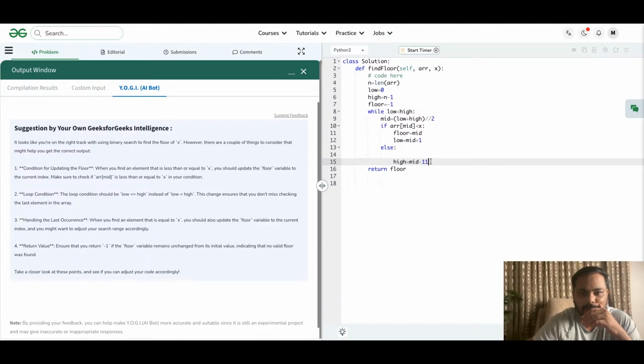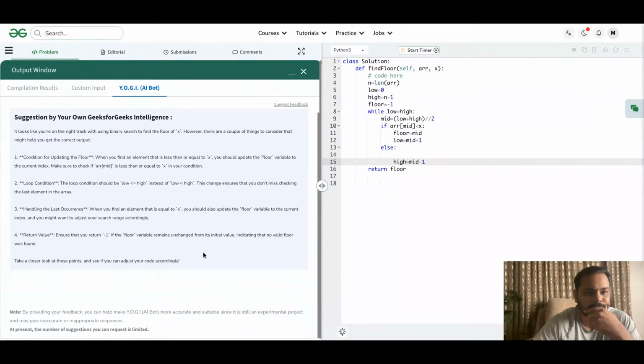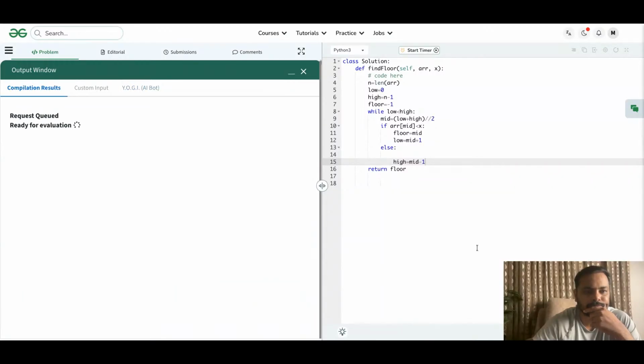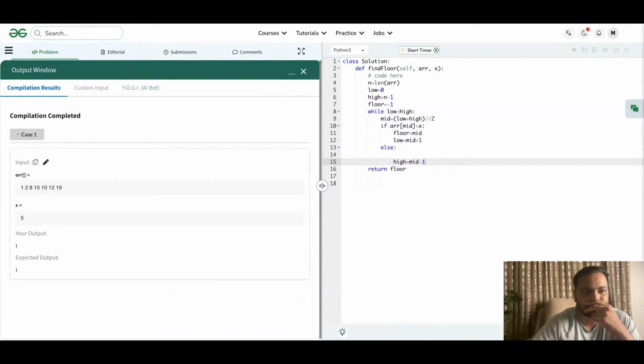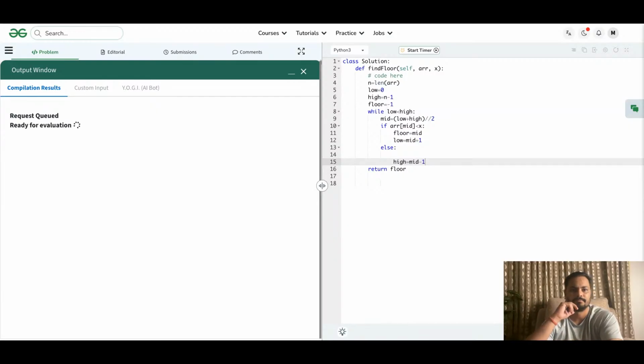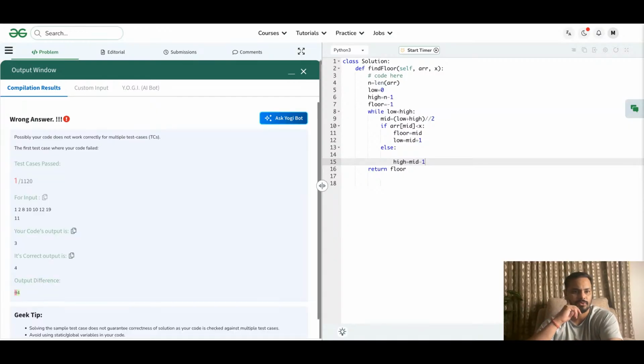Hmm. Your output is different from the expected output. Comparison complete. Just submit it. Wrong answer. If ARR of mid is less than X,